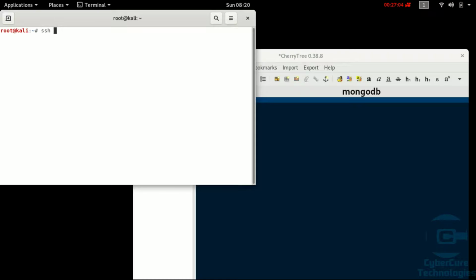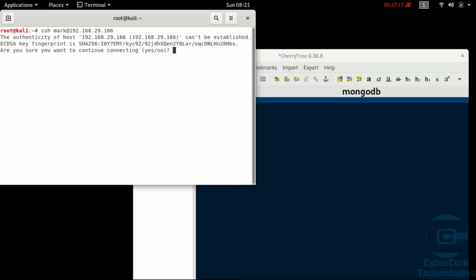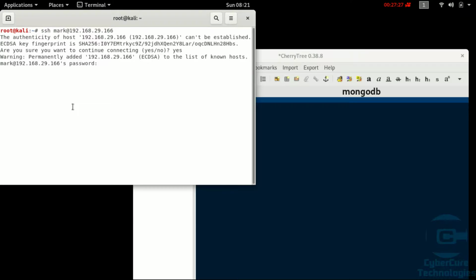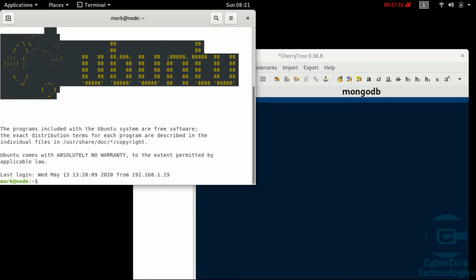Because if you remember, the SSH port was open. So let us try if this user has SSH access. If it does, then we are actually inside the machine using this user Mark, right? So I'll paste the password, and yes, we are in. So we are in the machine now.